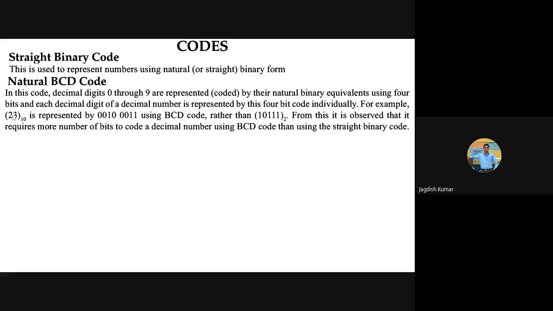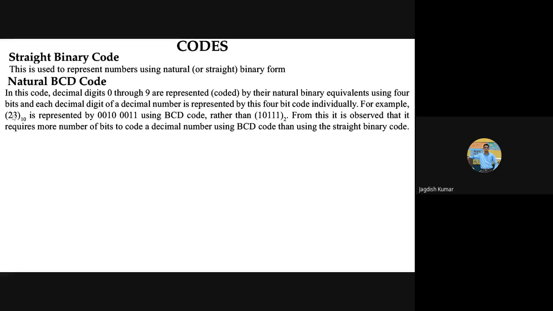So that's the convenience, that you simply have to bother about getting the binary codes for numbers from 0 to 9. You don't have to bother like, okay, 264, you have to keep on dividing by 2, and then find out the corresponding binary code. So that is not the case here.